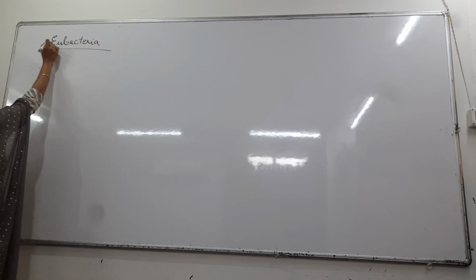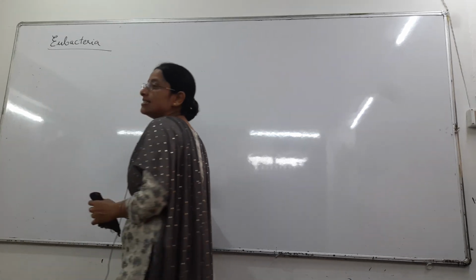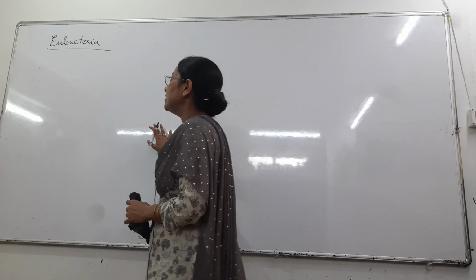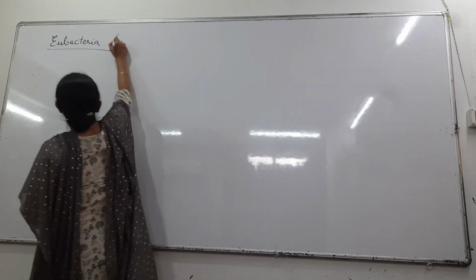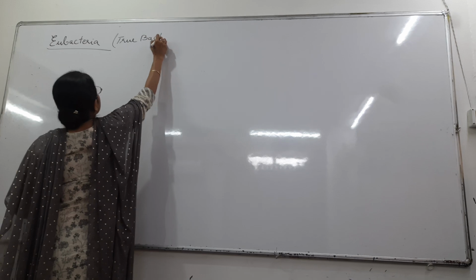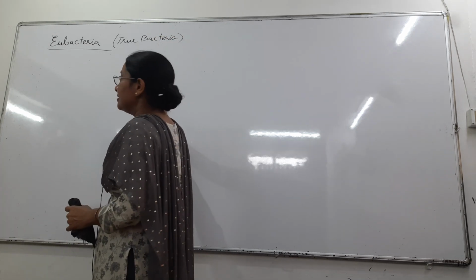যোৱাকালি কি পঢ়াইছিলোঁ যে when we talk about the kingdom Monera, Monera কিমান types of Monera আছে, 7 types of Monera আছে, তাৰ ভিতৰত one type is eubacteria. Eubacteria is also called as true bacteria, right? So আজি কি কৰিম